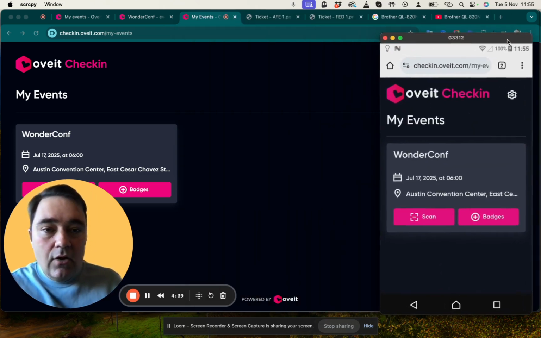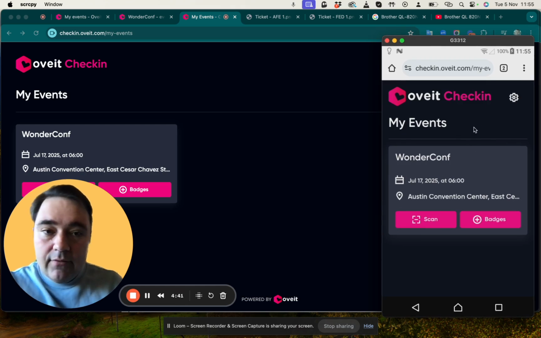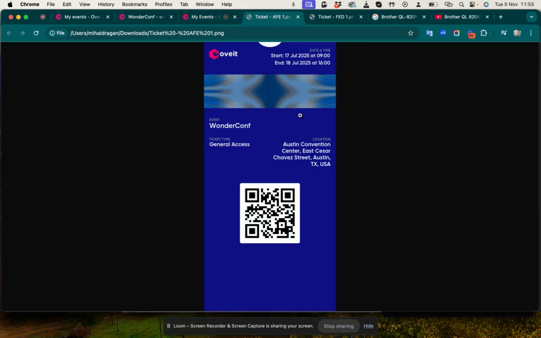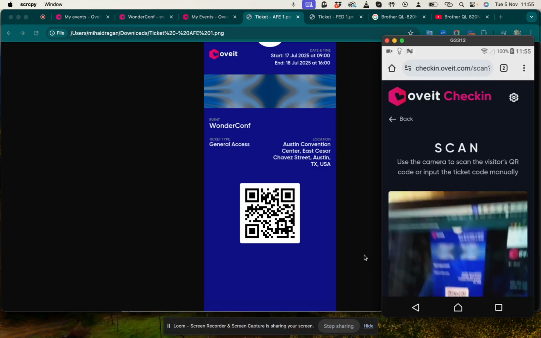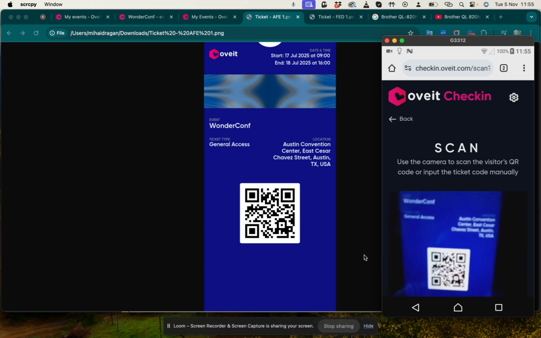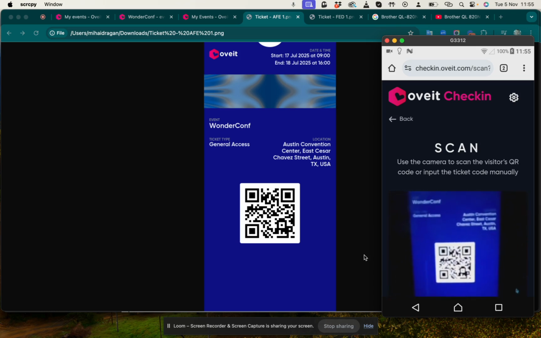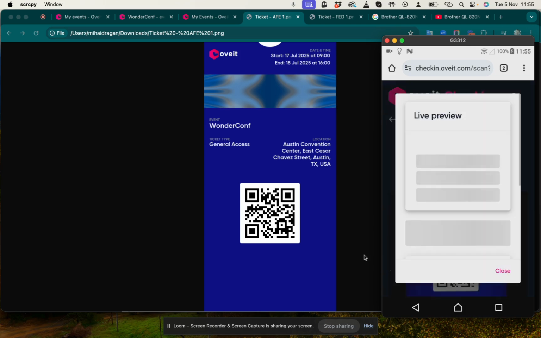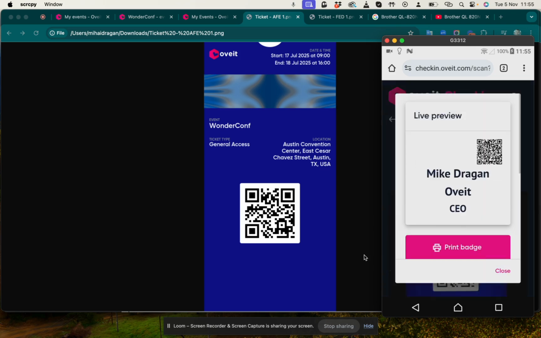What you see here on my screen is actually the mobile version of a check-in. I've already set up a few tickets, so you can see there's the general access. So when I press scan on my mobile device, I can move it and scan the tickets and identify the visitor. In this case, it's Mike Dragon from Oveit, and we have this big print badge option